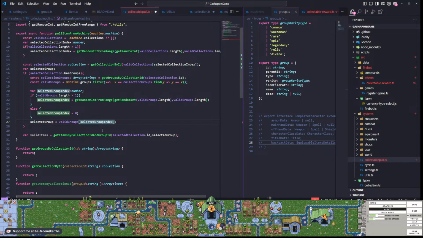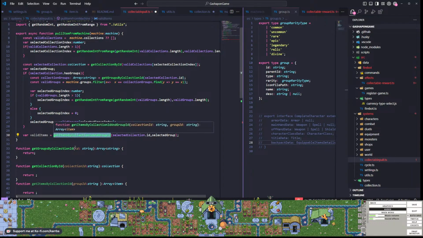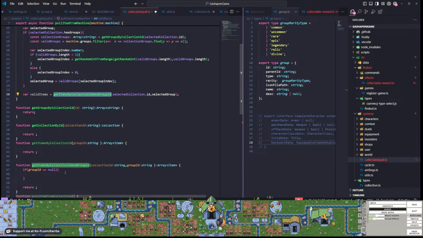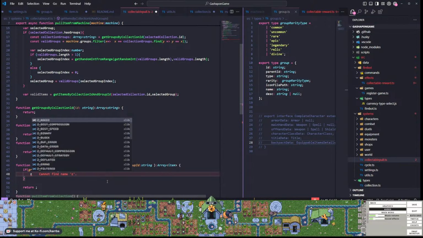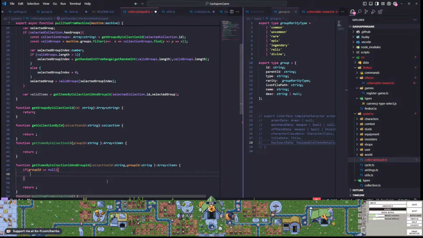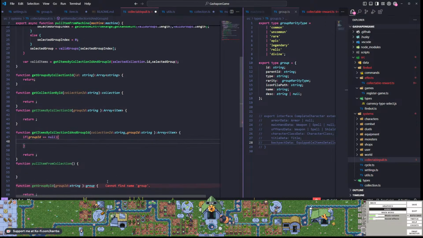So then we just care about the group, get item by collection ID and group. So then we're gonna say, now we actually need to figure out how we're gonna get it from the